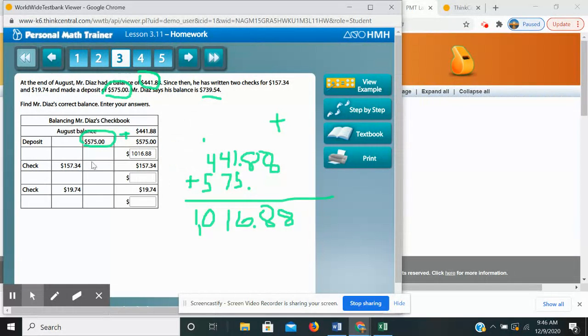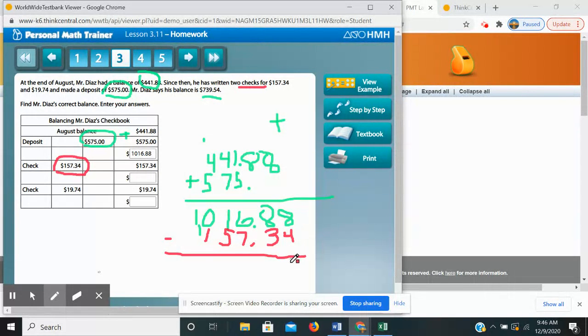So now when they're talking about, and I'm going to change the color so you can see, when you're writing a check, that means you're taking money out, okay? So if you're taking money out, that's going to be the operation of subtraction. So here's a check he wrote. A check is almost like paying money, kind of. So I'm going to take that first check and I have to subtract it from the balance he just had, that